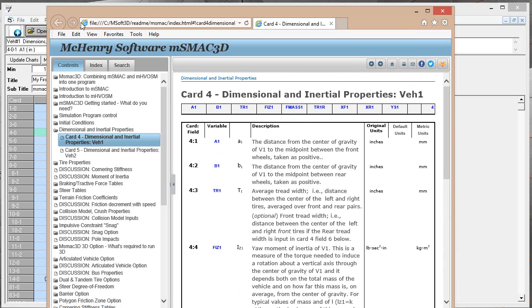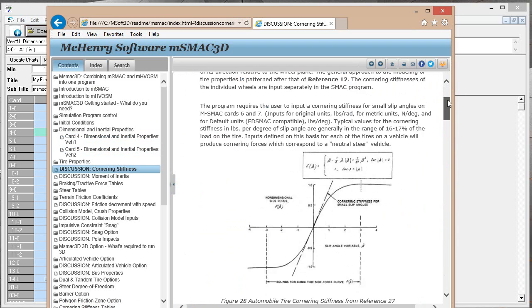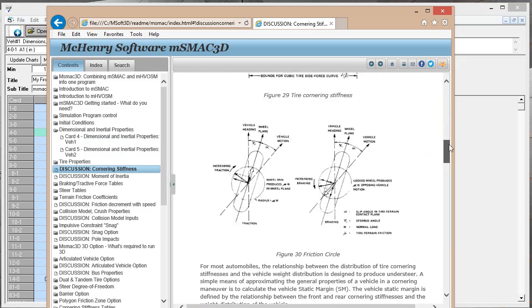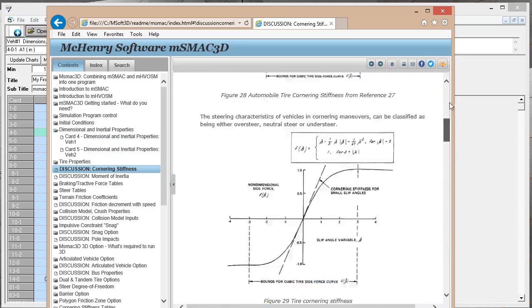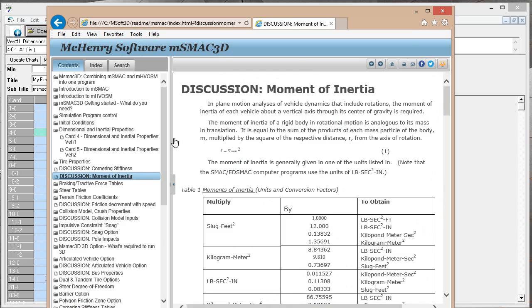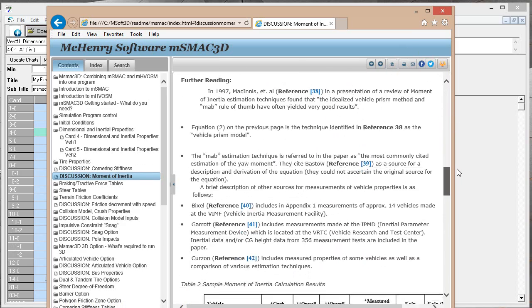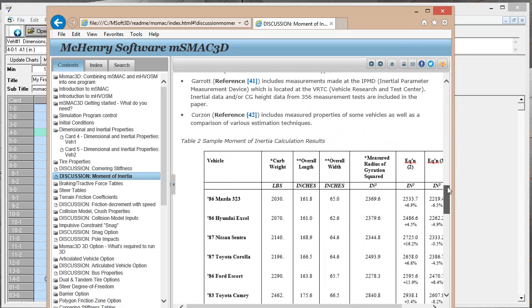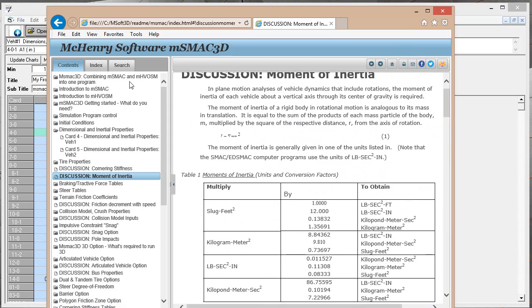And the help file includes a detailed description of all the fields and what they are. Also, if you notice in the help file, there's a lot of introduction to the programs, and then there are sections called discussion, like on cornering stiffness. There's a whole section on what is cornering stiffness, how do you determine it, what is static margin, how do you calculate static margin, etc. Same for moment of inertia. How do you calculate moments of inertia? What are some references with moments of inertia for further reading? And some sample moment of inertia calculation results. Again, for almost all options,